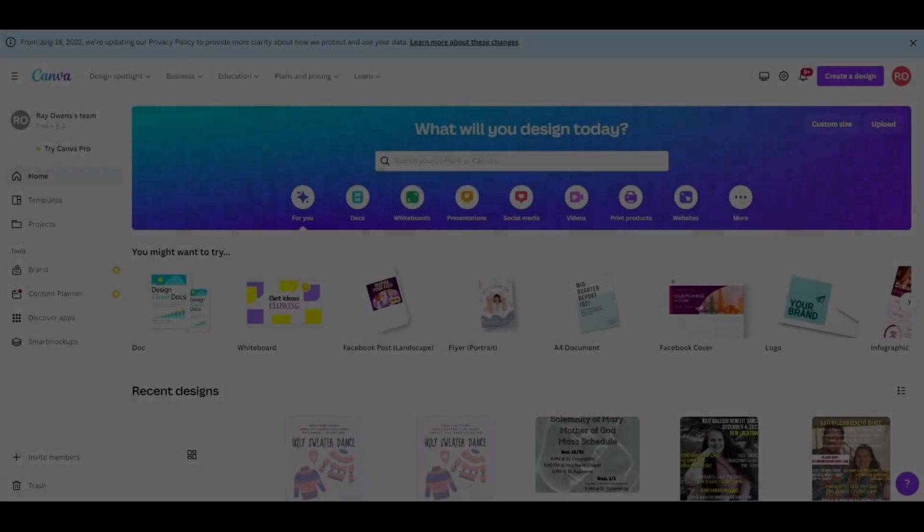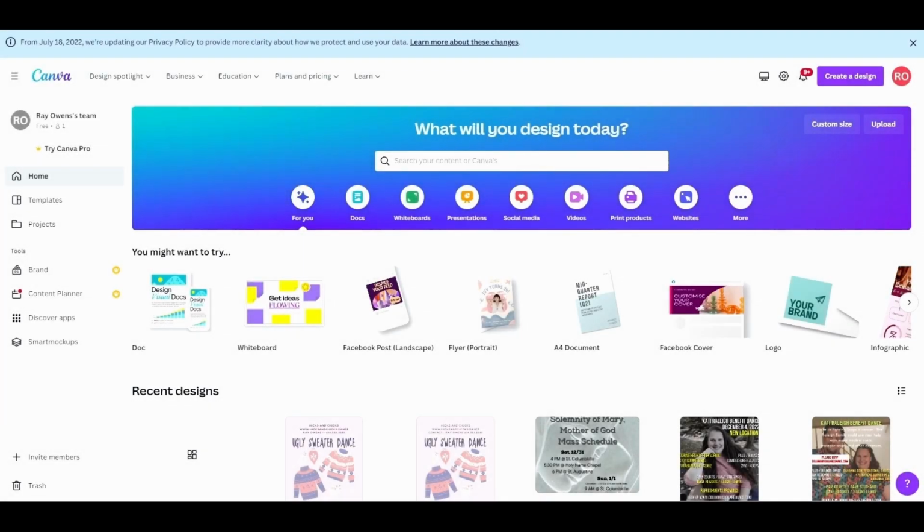This is the actual Canva site. You'll have to create an account on your first visit. There's no cost to use many of the functions with Canva. They do have a paid option, and if you do a lot of flyers, perhaps that's an option for you. I do a lot of flyers, but I've never paid them a single cent. So you can accomplish a lot without having to pay for it.